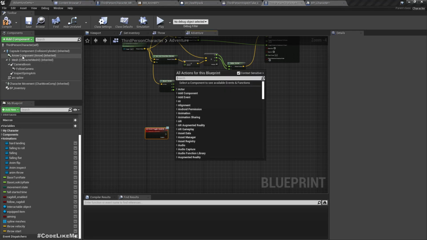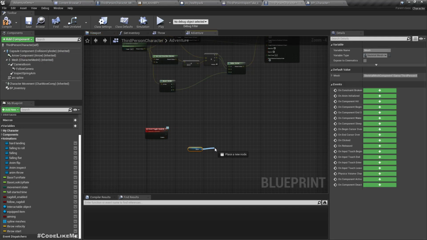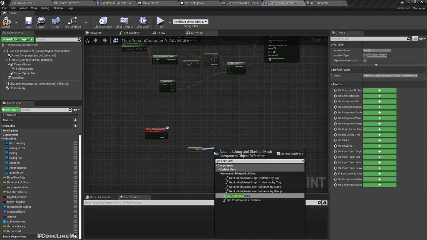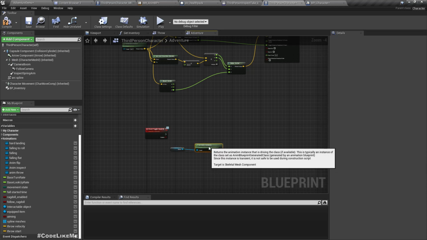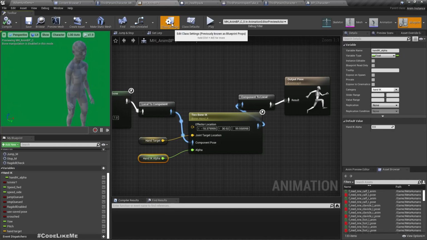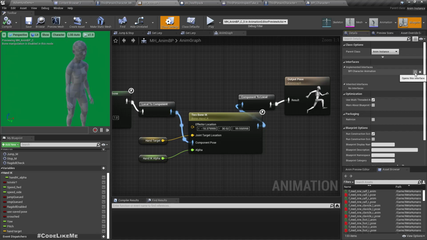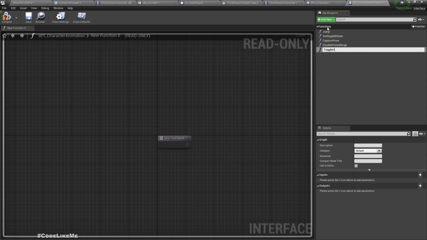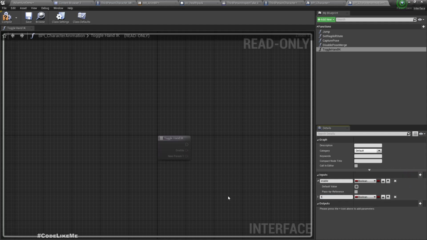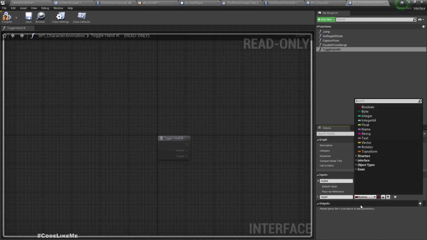No, but we can get mesh, get anim instance, and yeah, here also we are going to need another interface event. Toggle hand IK. Right, then here also as inputs we need two things, enable and another one target. This should be a vector,